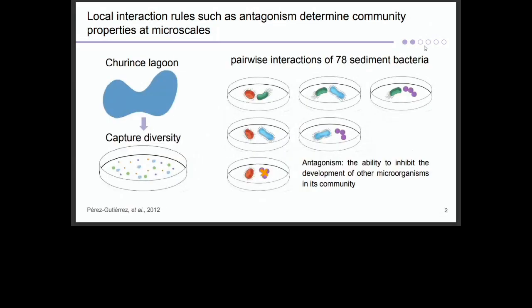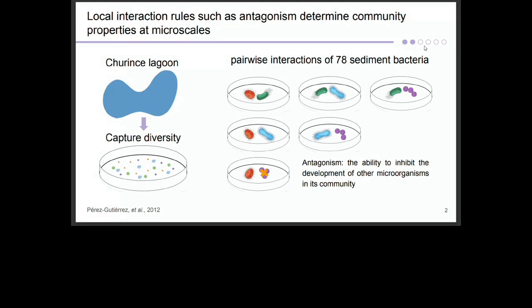And now I'm going to talk especially about this community that we work with in the lab. A former PhD student did a sampling in Churince, in Cuatro Ciénegas. Cuatro Ciénegas is an oligotrophic place. These waters are low in so many nutrients, and their dynamics are really special. So what she did, she captured the Bacillota diversity of this place, and she isolated 78 strains of Bacillota. That's a lot of work. But that wasn't enough.